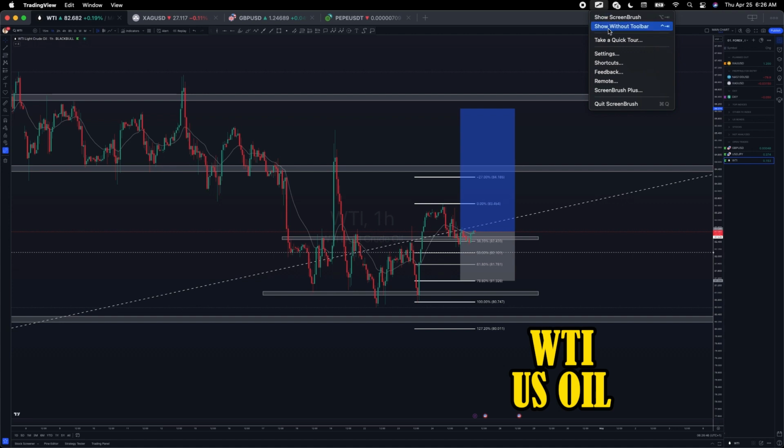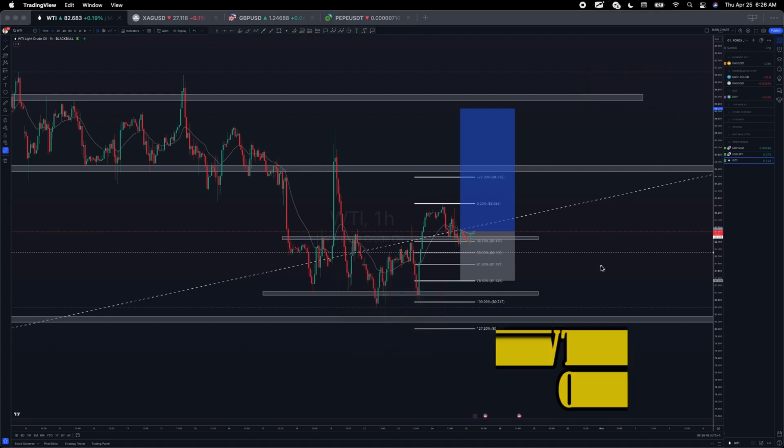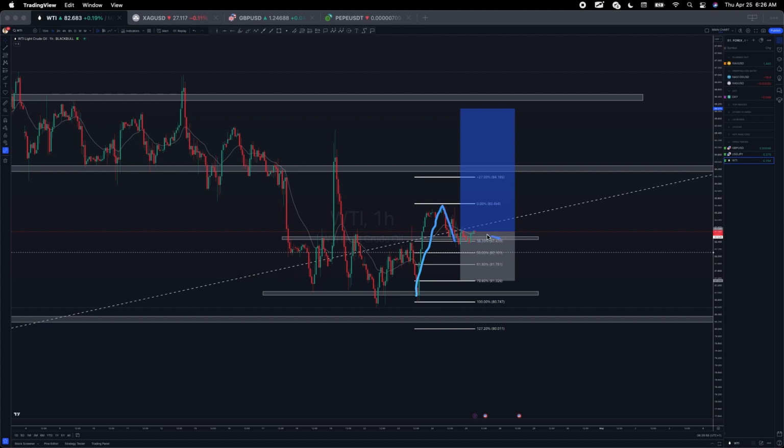Yeah, and right here, of course, I am buying WTI. You all know that we've been talking about WTI pulling back. That's what we talked about yesterday, pulling back to at least 38.2%, or extremely down to 50%. Or if peradventure you can get 61.8, we would definitely take a look at a trade. But as it stands now, it only touched 38.2, and then I saw some price action,